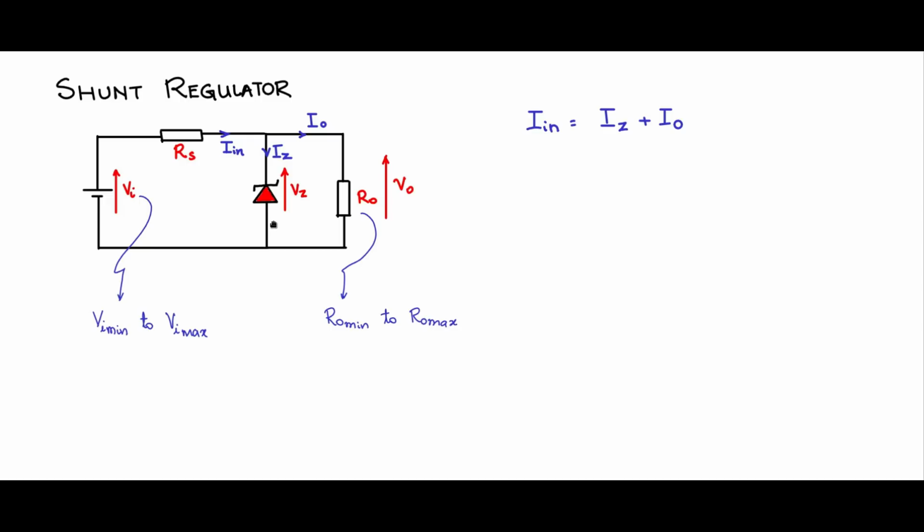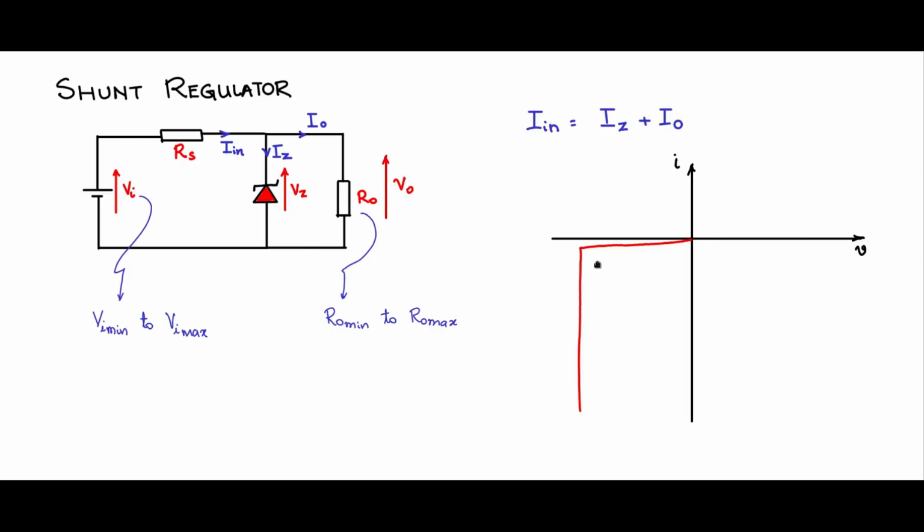The operation of the shunt regulator hinges on this device, which is the Zener diode. Let us try to understand the static characteristics of the Zener diode and how it affects the regulation performance here. So let me draw the IV characteristics. This is the V, this is the I, and let me take only the Zener's reverse characteristic, which will be something like this, where this line intercept will be Vz on the voltage.